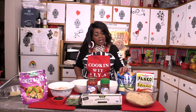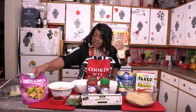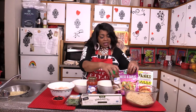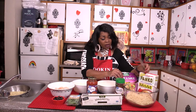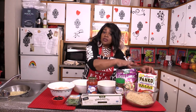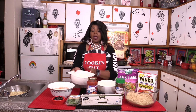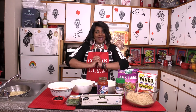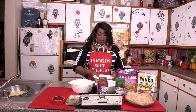I threw away the bag for the other seasoned one. Got our flour, our egg wash. Oh, and here this is. We have these 3 right here: Parmesan, some panko breadcrumbs, and some seasoned garlic breadcrumbs and a little salt and pepper. So that's already ready. Our flour is ready. Our egg wash is ready. The noodles are already done. So let's get started. The first thing we want to do is